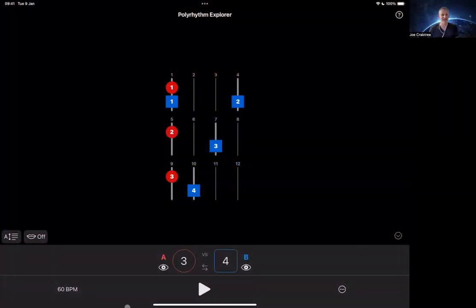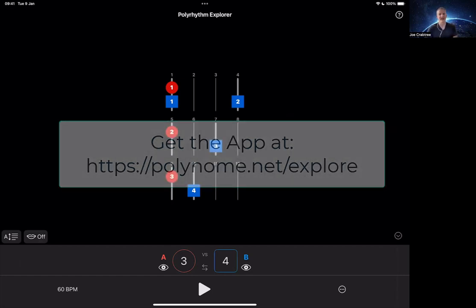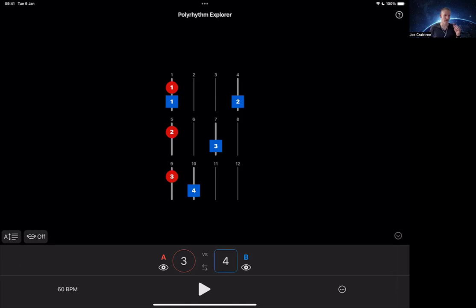I'm going to be explaining what polyrhythms are utilizing this app, Polyrhythm Explorer, which is not yet released but should be by the time that you see a recording of this video. And I basically designed it to help explain polyrhythms. So it was for the purpose of this talk, but I figure for teachers and things it might be a useful tool, and also for anybody who just wants to play around with polyrhythms to kind of get inside them